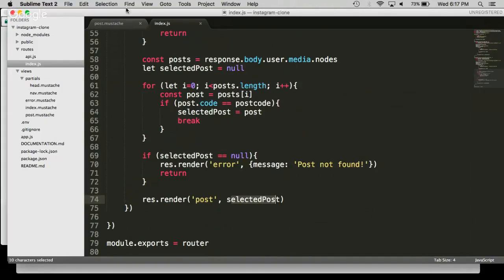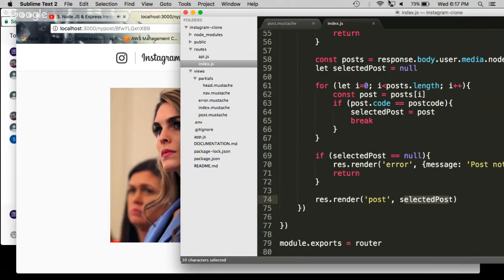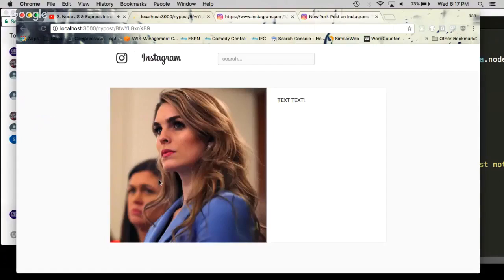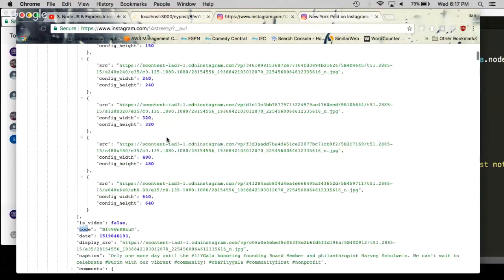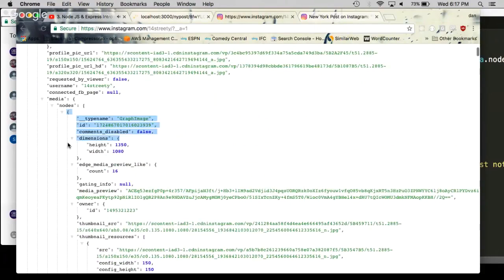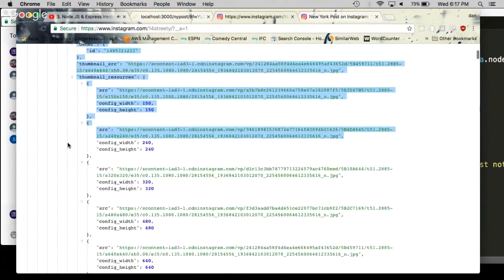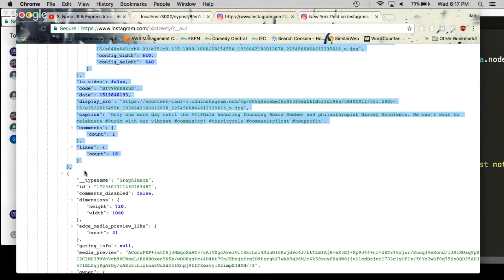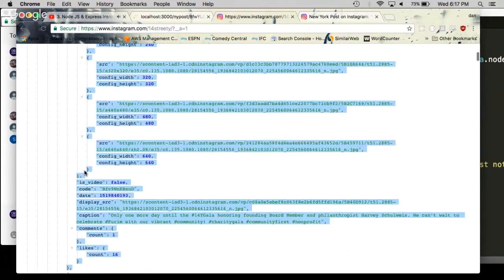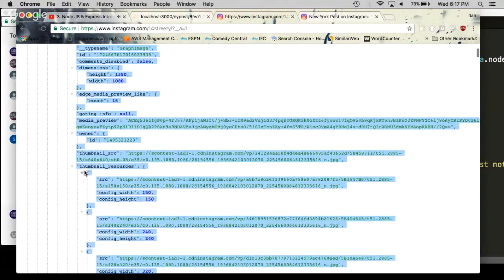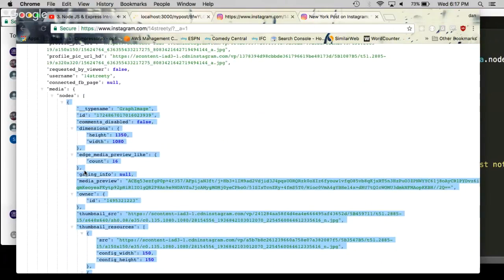So the selected post is one element of the media.nodes array, right? So if we highlight one of those, here is one element of the media.nodes array. This is all the data that's currently passed through, right? Which is all the data that's pertinent to the specific post,